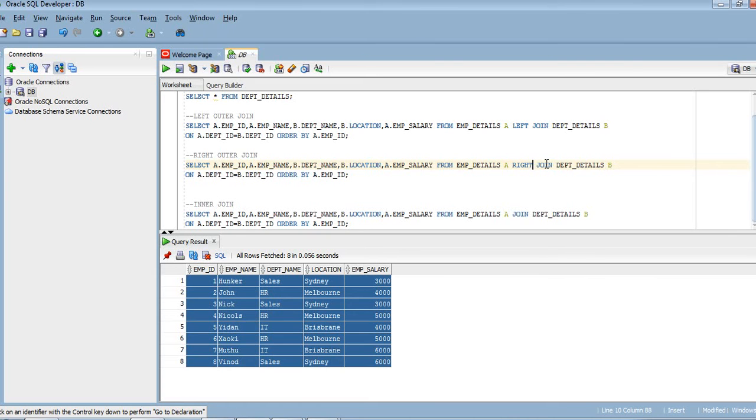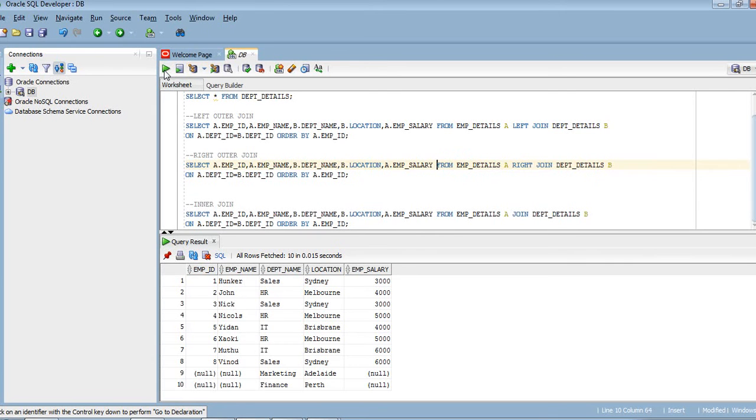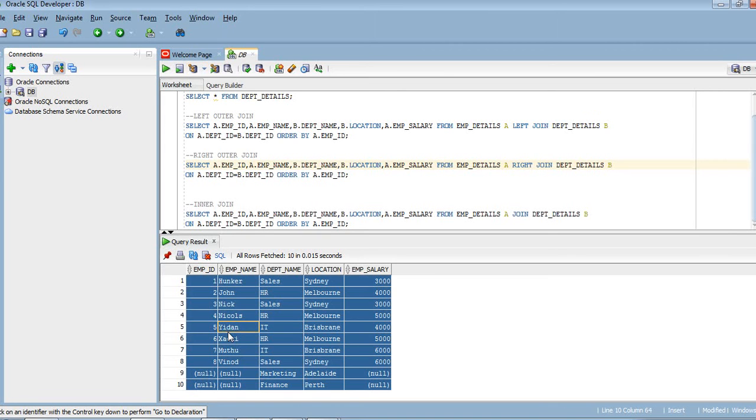So right join means what? In the query, on the right side we have the table department details. So we can retrieve the outer data, or the data for which the intersected area is not matching, or the given criteria are not matching, the outer area of the right table we can retrieve based on this. So let me run the query. Let me copy the output of this query to the Excel sheet so that we can analyze the output data.